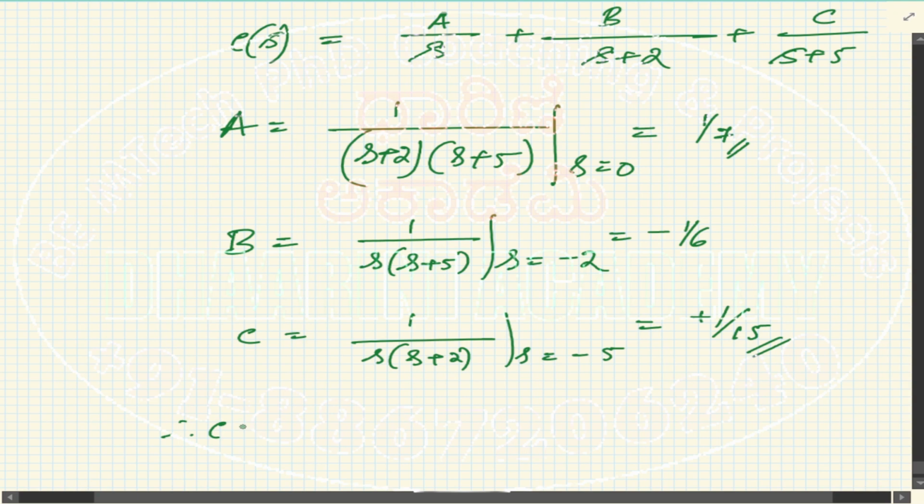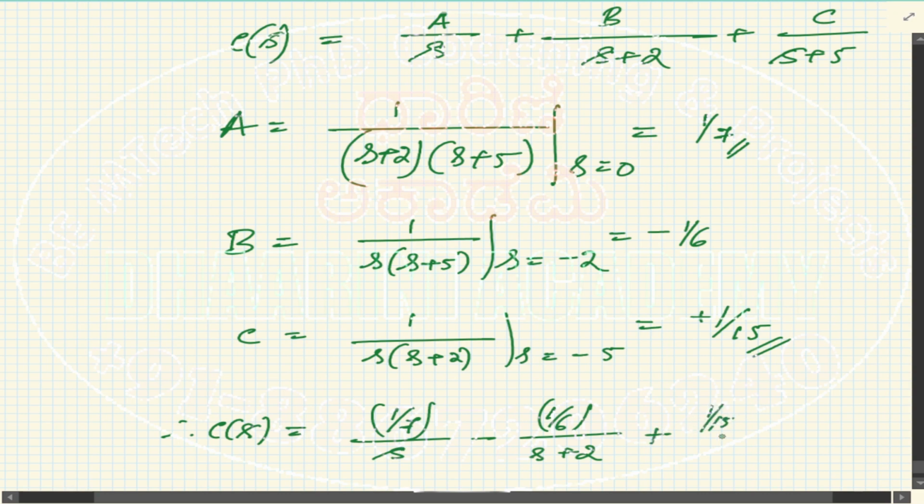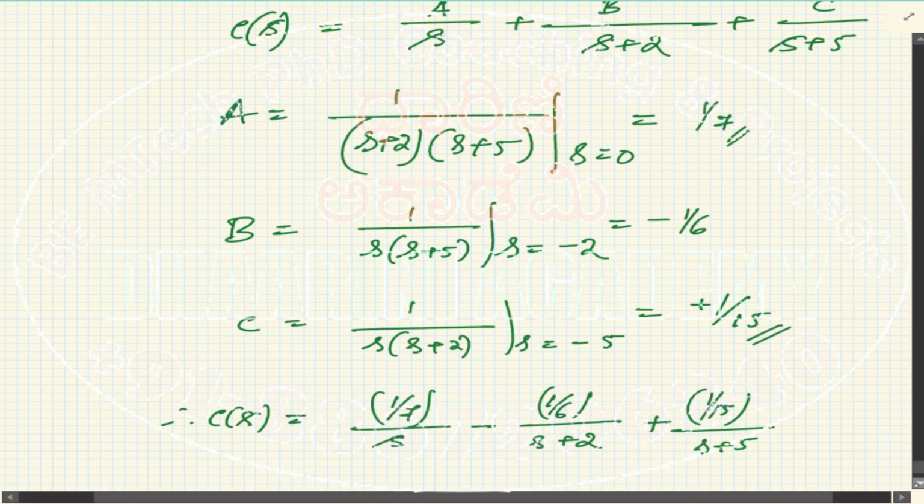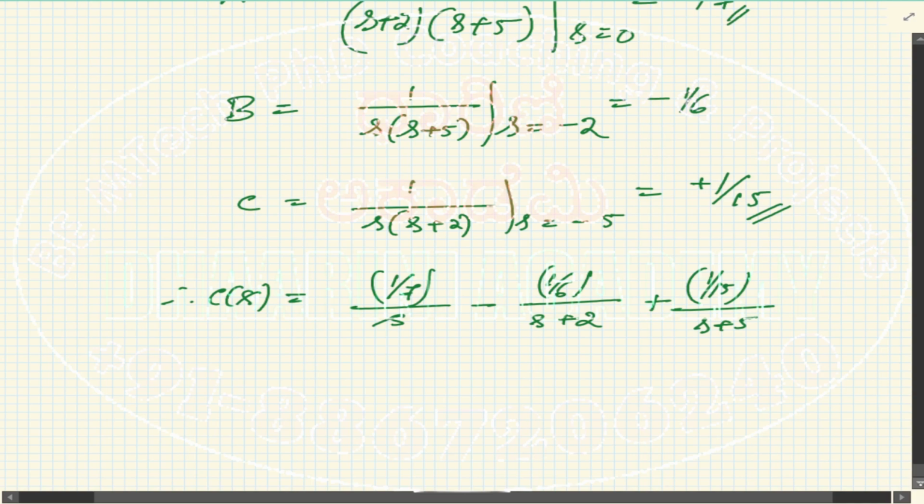Therefore, the C of s becomes equal to 1 by 7 over s, then minus 1 by 6 over s plus 2, then plus 1 by 15 over s plus 5. Now, right? So we can see that,